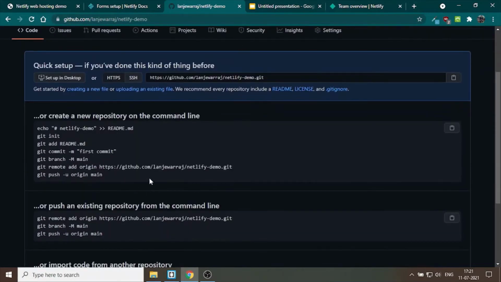On the next page, you will have the following commands that you need to write into the terminal. In this process, you can upload your code directly from your terminal into GitHub.